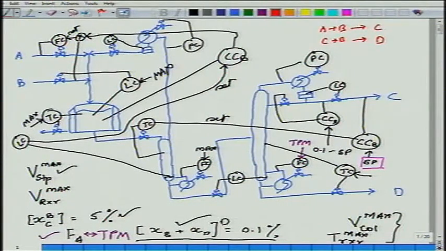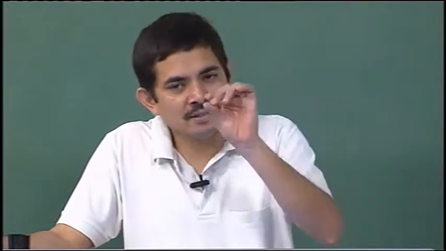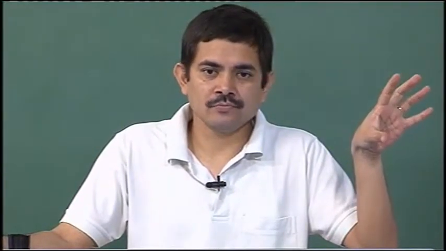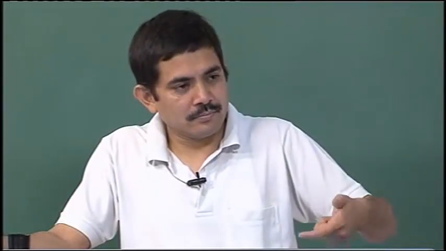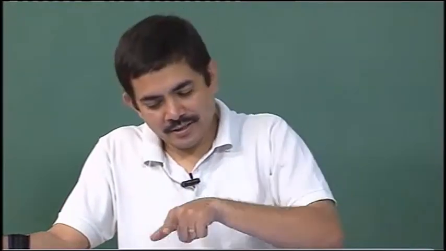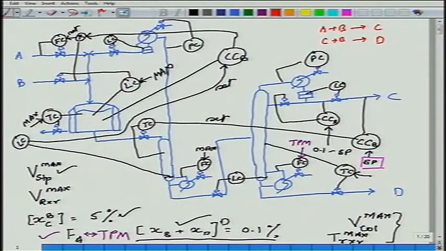This comes from overall material balance. Does this make sense or no? So basically, by a very small amount, your B consumption rate will go up. The amount will be very small, you may say it is negligible, but nevertheless it is true. Yes or no? So if you are an engineer and you want to operate the process as efficiently as you want, you would like to make sure that only as much raw material is consumed as is necessary, no more. That requires that you allow the leakage to be of B. D should be as small as possible. Does that make sense or no? It is for this reason. I hope I answered your question.